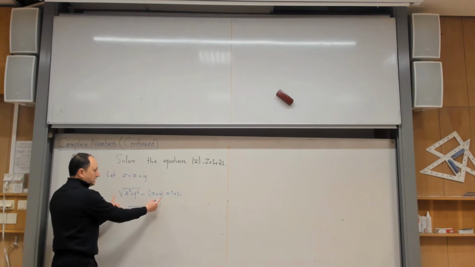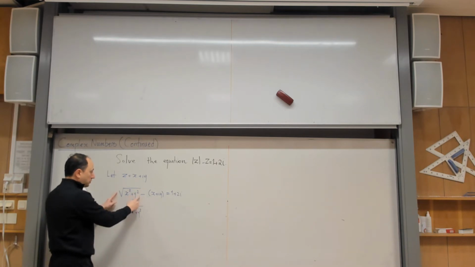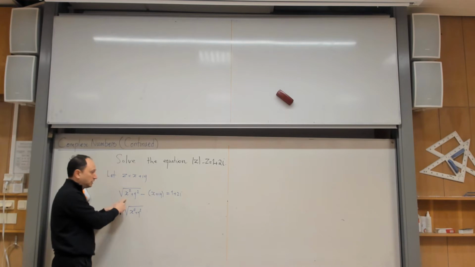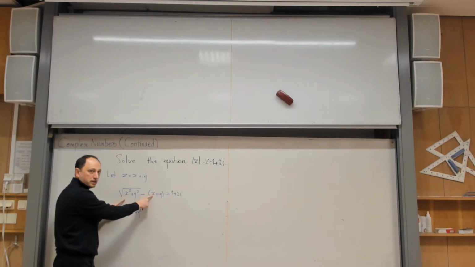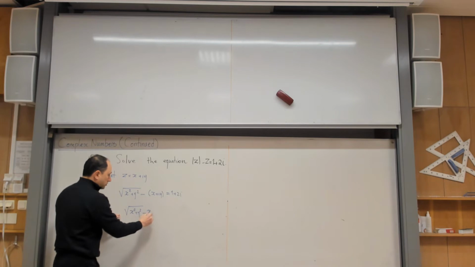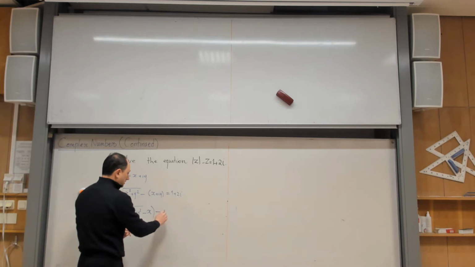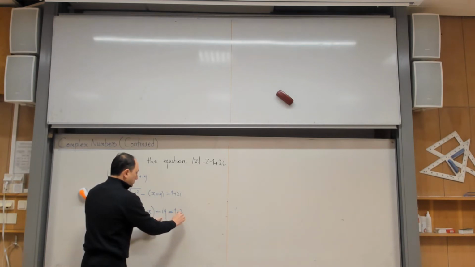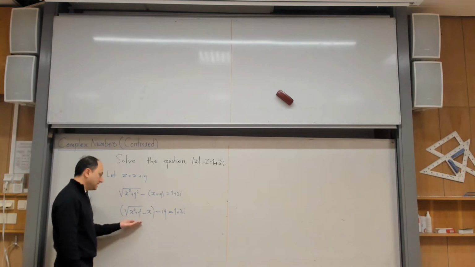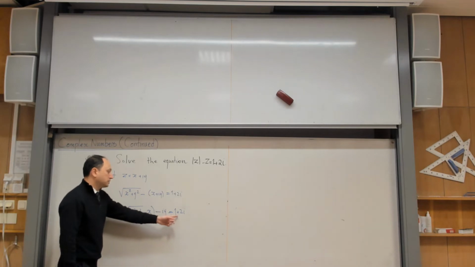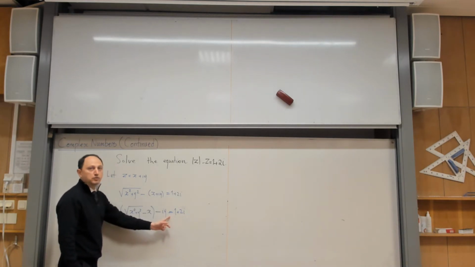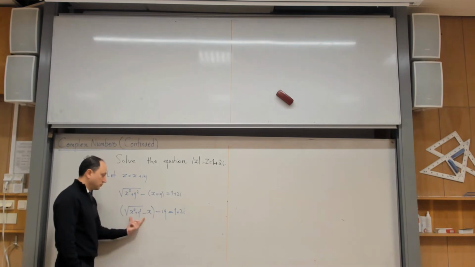But you know, it is a little bit more complicated than usual, but not that complicated. Because what type of number is the square root? It is a real number. And what type of number is x? A real number. So it means that it is natural to collect them together. And then you have minus iy again equal to 1 plus 2i. So what do you see now? You see a slightly complicated complex number on the left, another complex number on the right. They are supposed to be equal. There's one way to do it. The real parts should match, the imaginary parts should match.